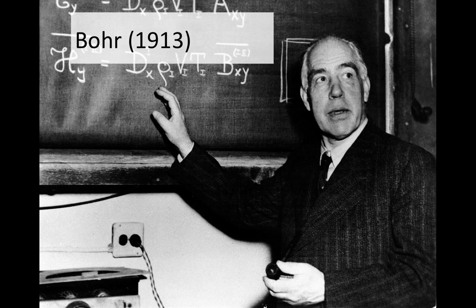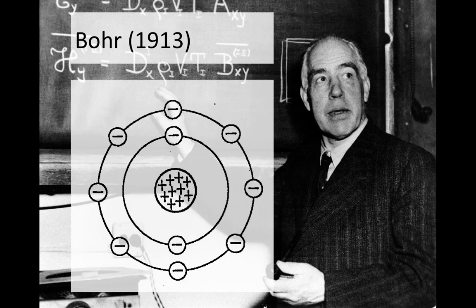Nice. But what was his idea of an atom? Well, Rutherford's model of the atom was just that the nucleus was surrounded by electrons, orbiting just like planets going around the sun. It was a very solar system based model. Bohr expanded on that idea and said, well, yeah, but there are some problems with Rutherford's model. And the main problem is that